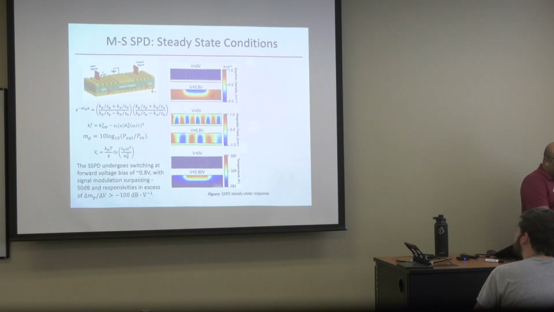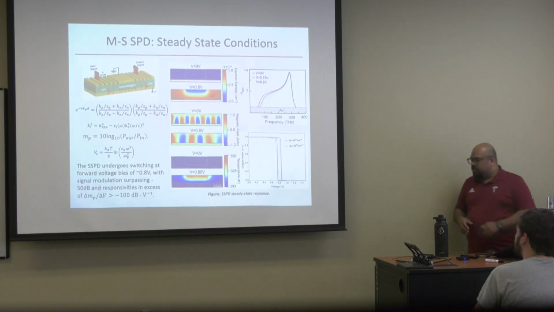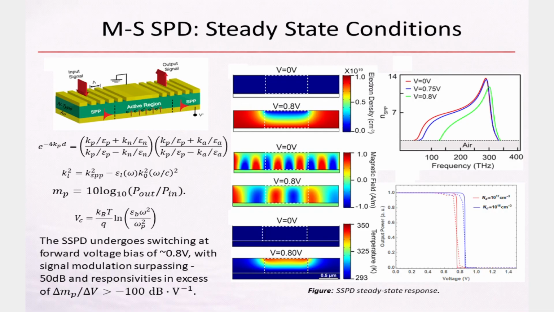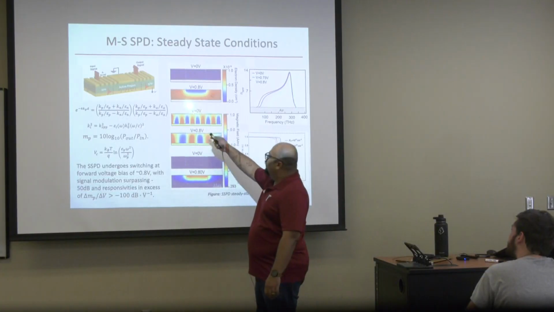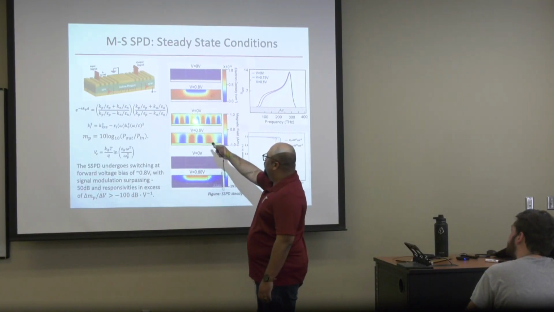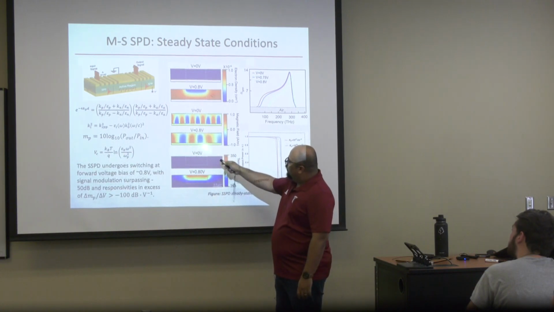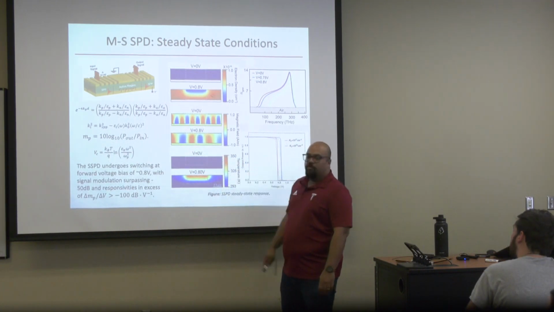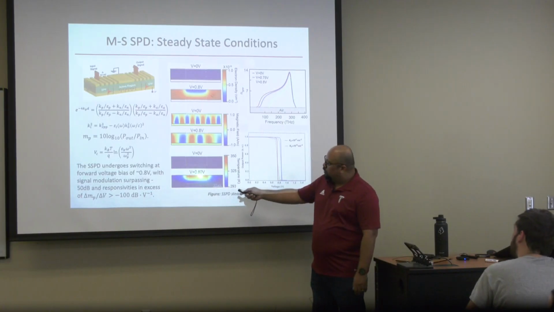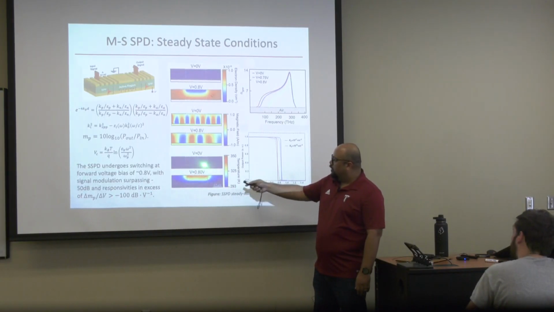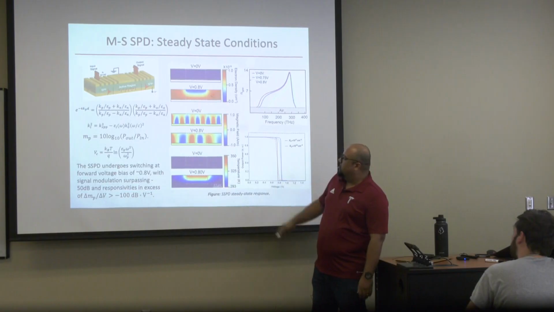So now once we have done the simulations and everything, here are some calculations that tell us at what particular voltage you will observe the switching of these SPPs. Here, when we give 0 volts, we can see this SPP is traveling. Now when we increase the voltage, we see some modulation takes place and switching happens. And we can also observe the change in temperature locally.